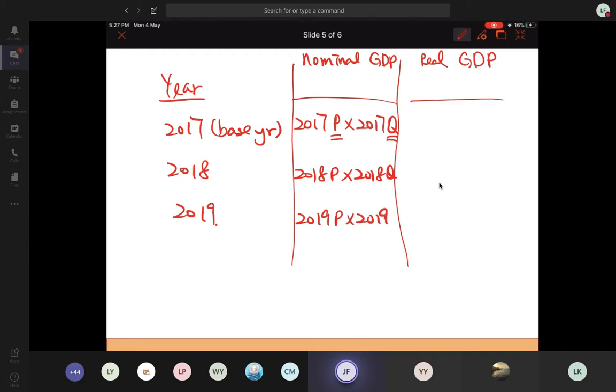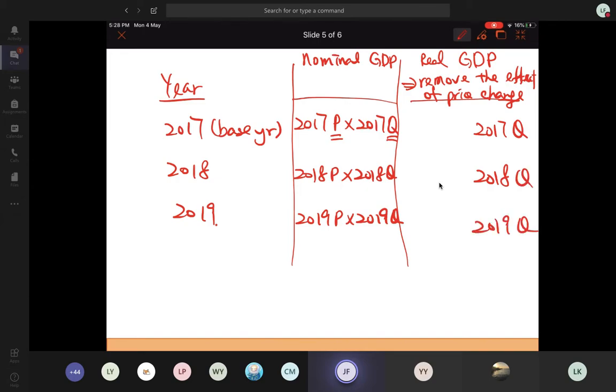2018年嘅 P 乘2018年嘅 Q，就計到2018年嘅 nominal GDP。同樣地，2019年嘅 P 乘2019年嘅 Q，就計到2019年嘅 nominal GDP。不過 nominal GDP 嘅升幅包含咗價錢嘅改變同 quantity 嘅改變。我哋可唔可以 remove the effect of price change，去睇下真真正正 production 改變咗幾多？我淨係想睇嗰一年嘅 Q。